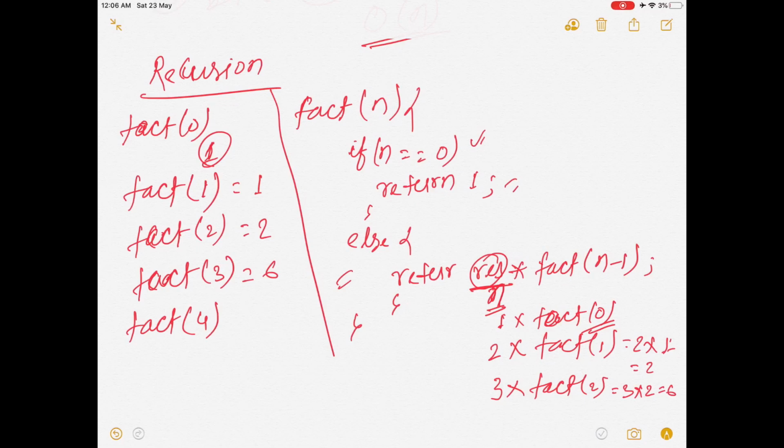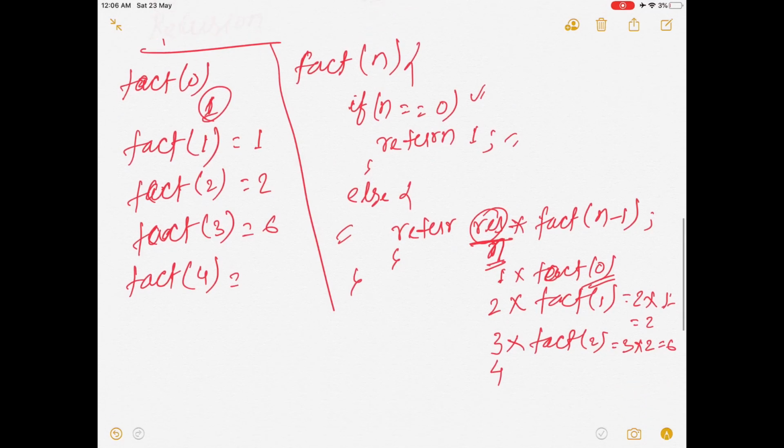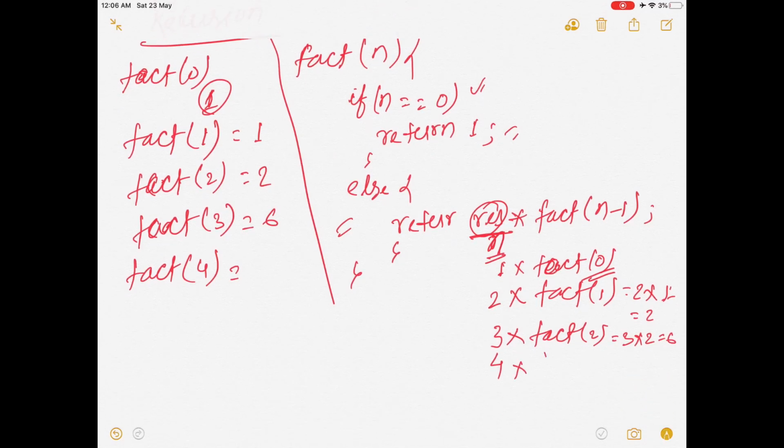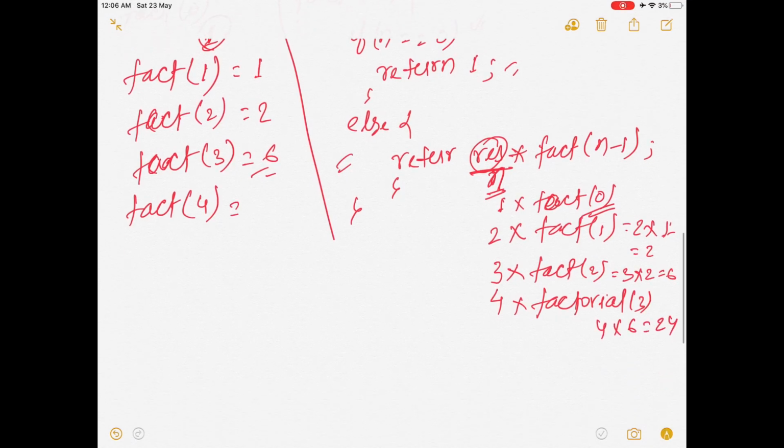Now we can run for factorial 4. Again n is not equal to 0, so it will come to this part, and as per this code we'll get 4 into factorial 3. From here we can say this is equal to 6. So it will be 4 into 6, that is equal to 24. So we can write here, this will be 24.